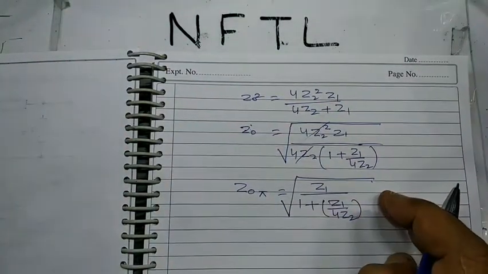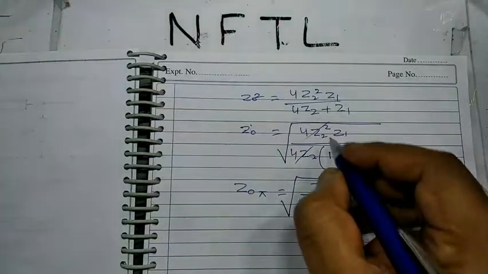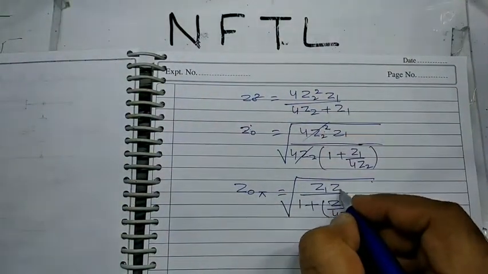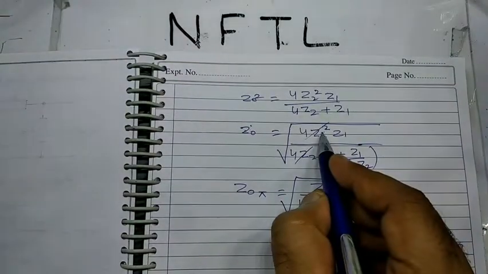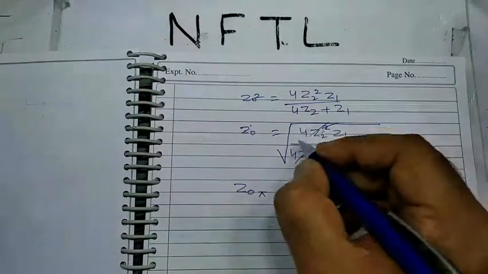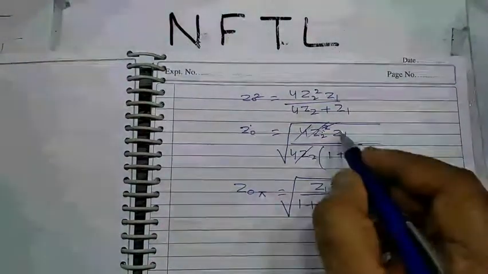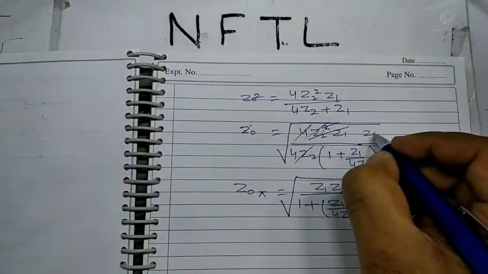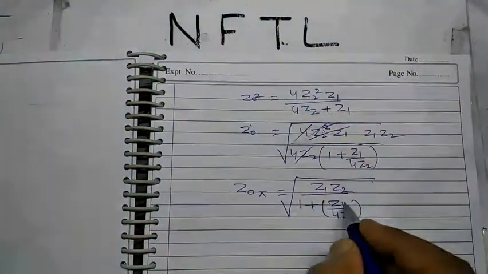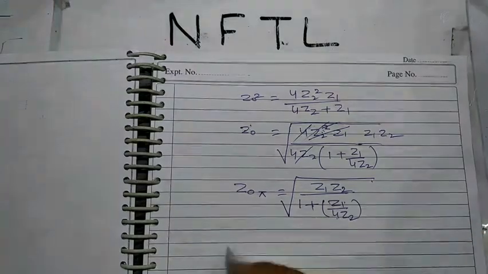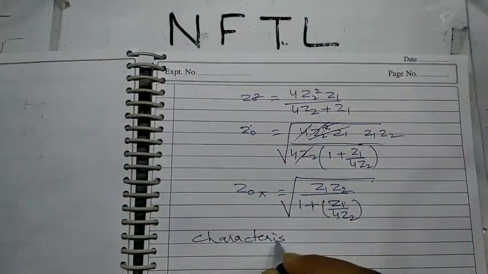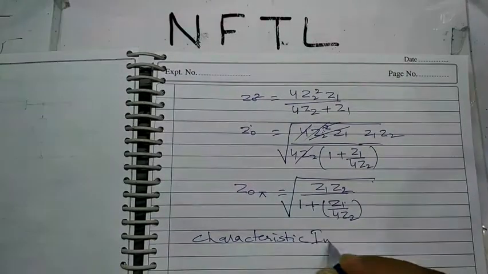One Z2 is remaining here. So Z1, Z2: only a single Z1, Z2 will be cancelled, and the 4. Here on the upper side we will get Z1 Z2. So Z1 Z2 divided by 1 plus Z1 by 4Z2. So this is the characteristic impedance